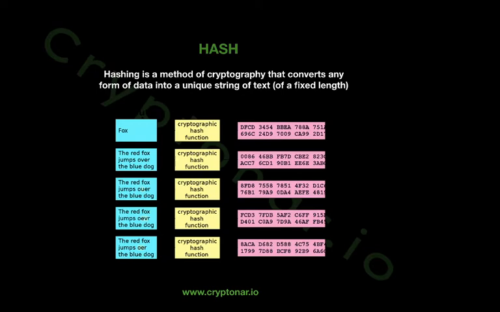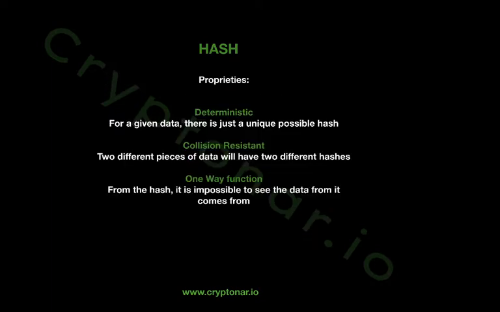And this is something we saw a lot of times already: the hash. A hash is obtained from an input of text, a data stream. You apply this function, and you get a fixed amount of random characters that have these properties. They are deterministic: if the input text is the same, you get the same hash. It's collision resistant: different pieces of data will have different hashes. And it's a one-way function, so you cannot get from the hash back to the initial input.